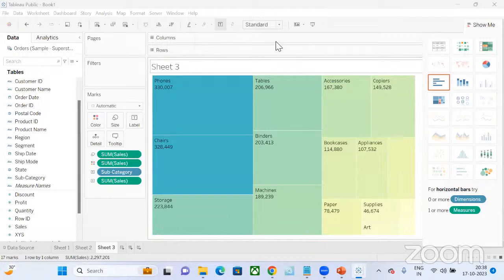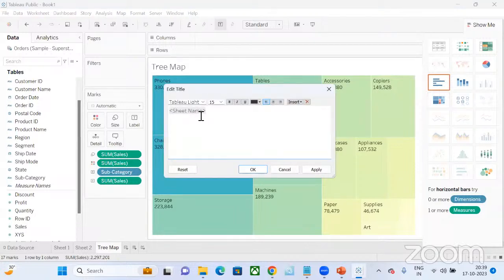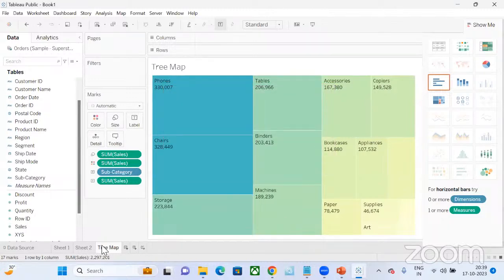Okay, just try it out. And one more thing which I forgot to tell you is you can edit the sheet name as well. For example, let's give the name as tree map. So this is a sheet name. Whatever you type over here, it will come onto this. If you want a custom name, for example, normal